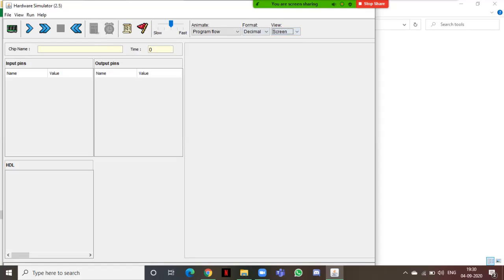So let's start with our first project. Our first project is to perform Boolean expressions using the NAND gate. I'll just show you how to do that.